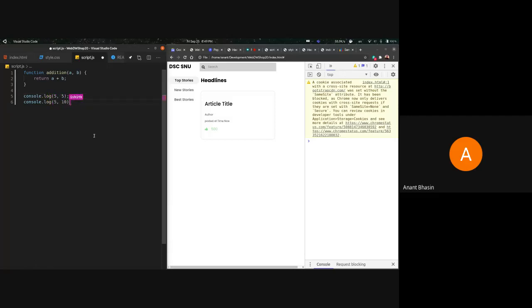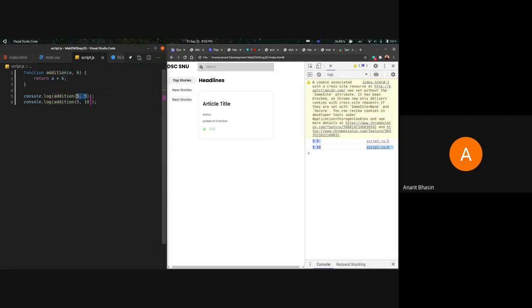Now let's save this. I hope the people who are doing this for the first time are comfortable. We console.log out first 5 and then 5, and then 5 and then 10. Now we'll call the functions. We're console.logging out what the return of the addition function is giving us.